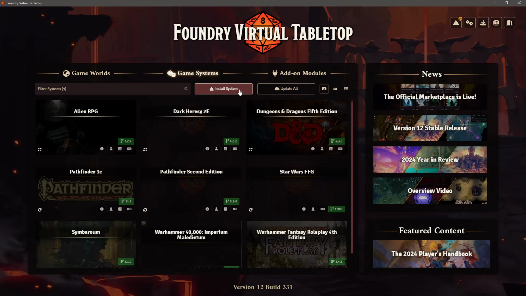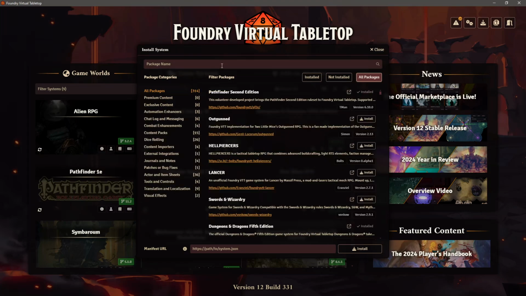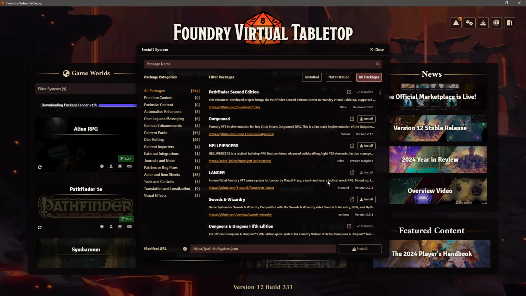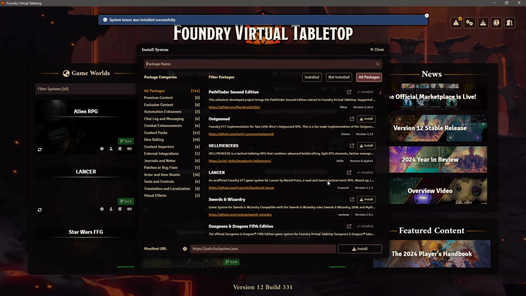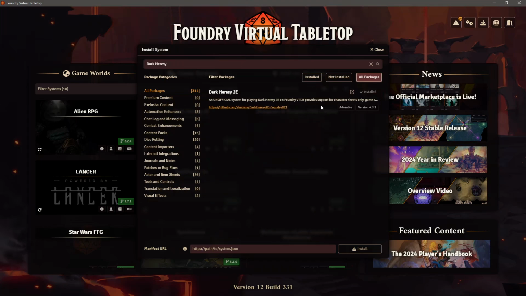So to get a system, you just click Install System. You look for the one you want. Let's go with... I haven't installed Lancer for a while, so we'll install Lancer. But if you can't find what you need, search for it. Like, I used to play Dark Heresy. And I already had it installed. Wonderful. How about